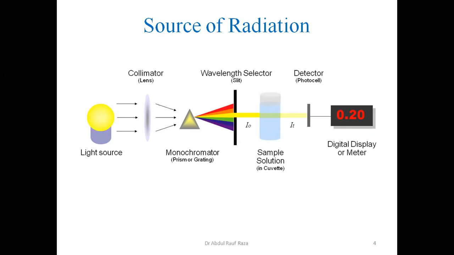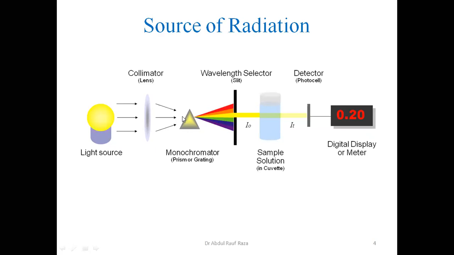All right. So two different sources are used. The deuterium discharge tube we use for the UV source, and for the visible region we have a mercury lamp. It may be any other lamp, but normally a mercury lamp is used because it produces white light. When white light passes through this convex lens, which is a converging lens, it focuses all of the radiation to one point. So this focal point meets on a prism.